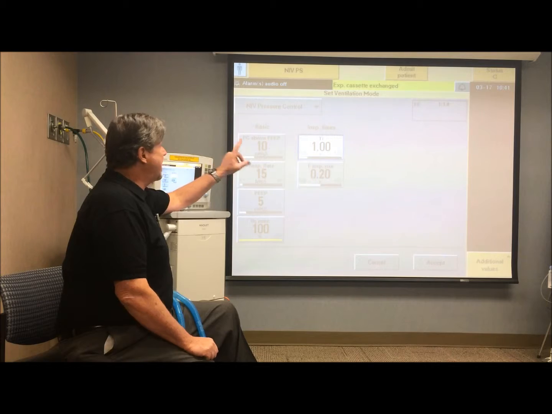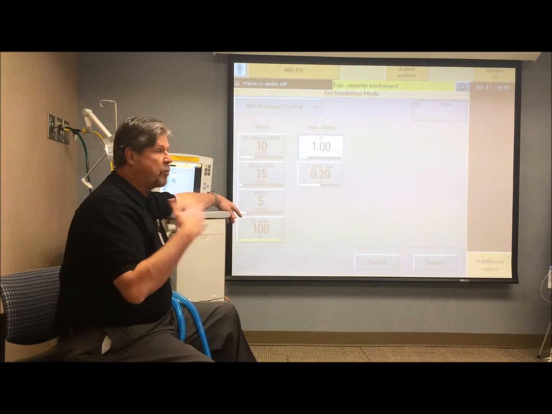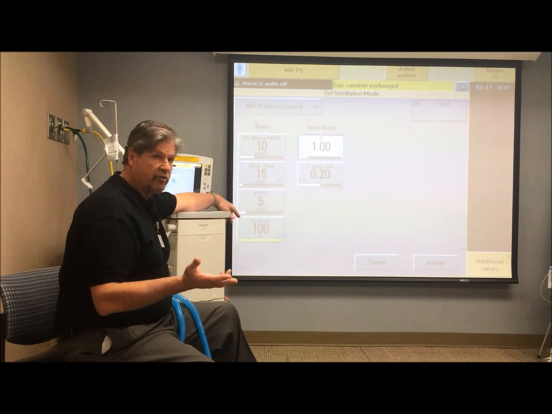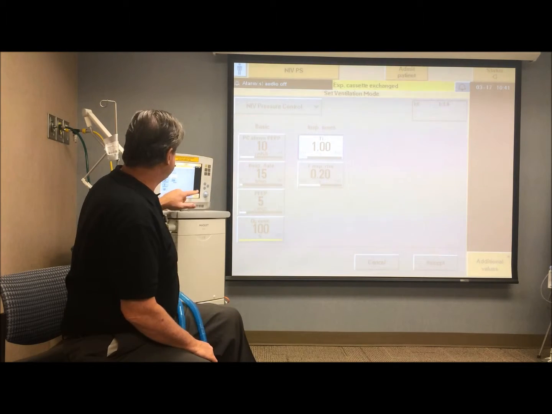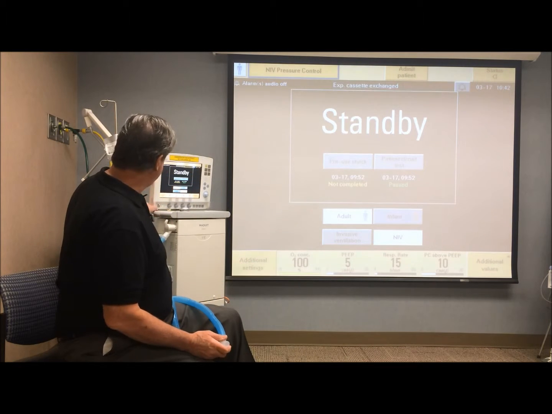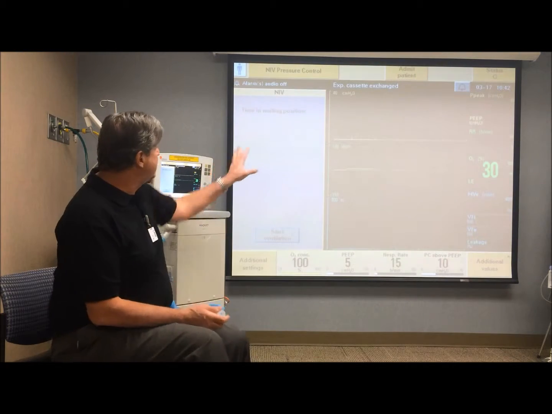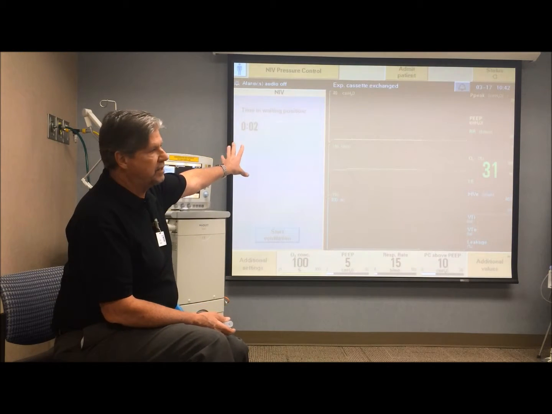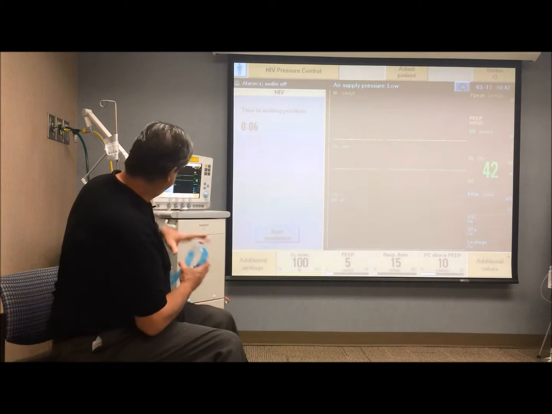So that's why there is no sensitivity. It automatically adjusts its trigger point, and it's based on a negative pressure trigger. Okay. So once we have everything set, we touch accept. And in this case, we can touch and start ventilation, and initially we have this button, or this screen come up. Now, in the world